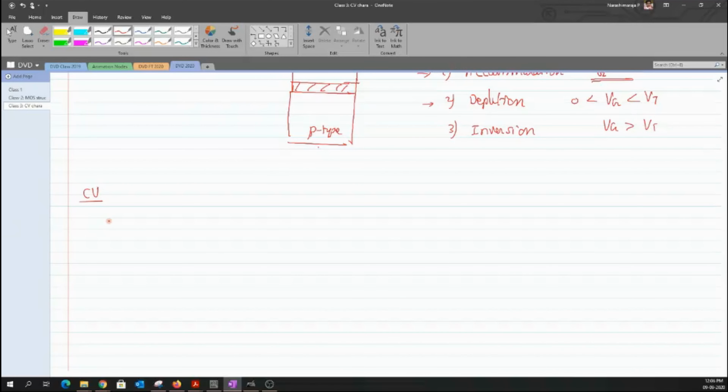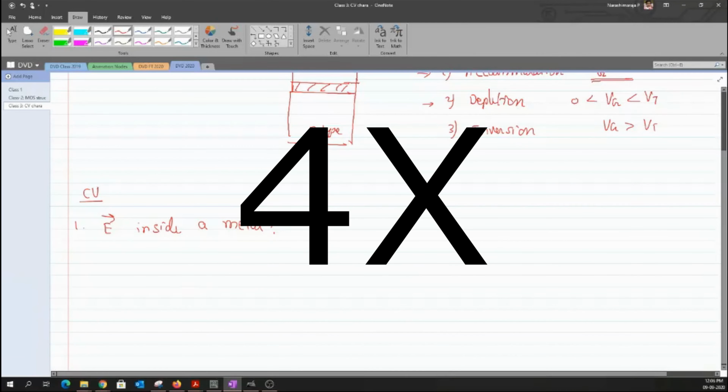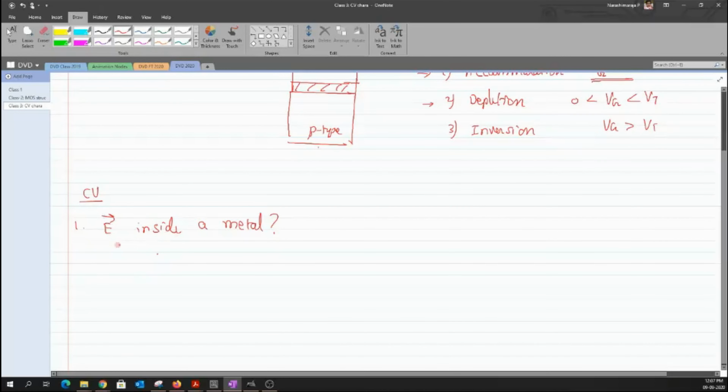Yeah. So the very first thing is that I just have a question. What happens to an electric field that is inside a metal? So basically, the electric field inside a metal is equal to 0, just because of this weird reason. If you take a metal, the metal is generally charge neutral. When you try to deposit an extra charge on it, say for example,